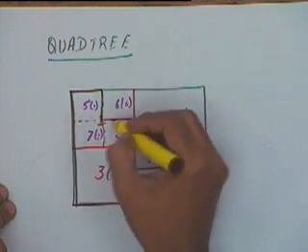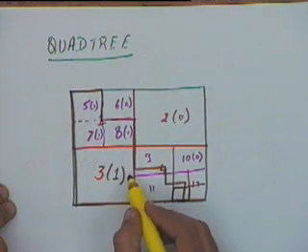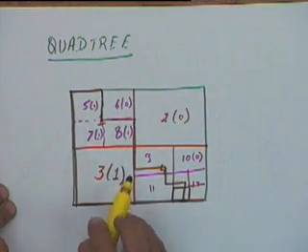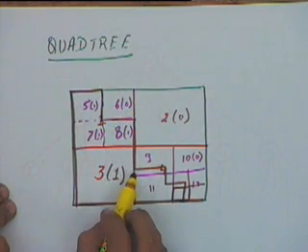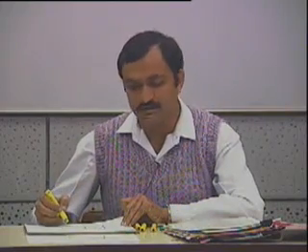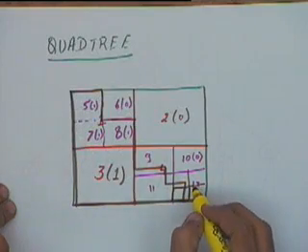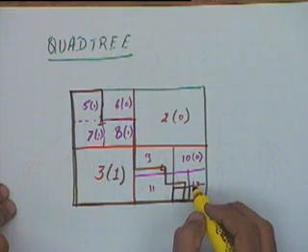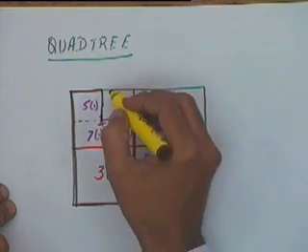Our area that we are trying to represent will not be modeled accurately, it will model only up to the accuracy that we desire. The larger the accuracy that we want, the more times we will have to subdivide the area. If we want a very accurate model, let us say going up to microns, then we will have to keep subdividing to a large extent, which means that the depth of the tree will become very large and the space involved will also become very large.